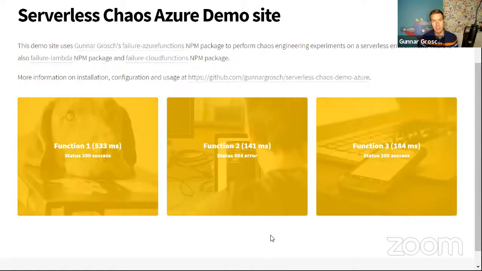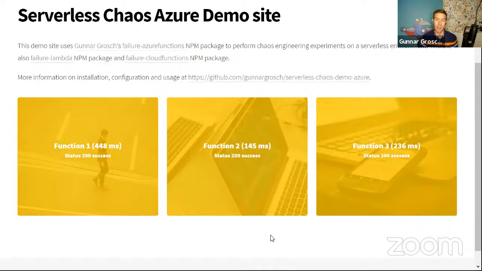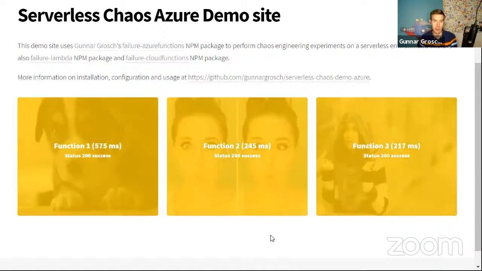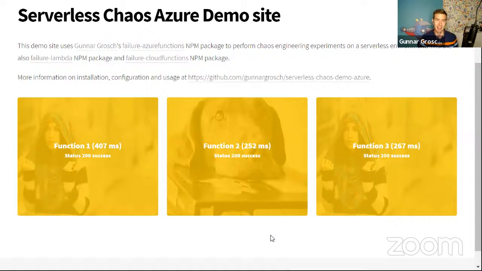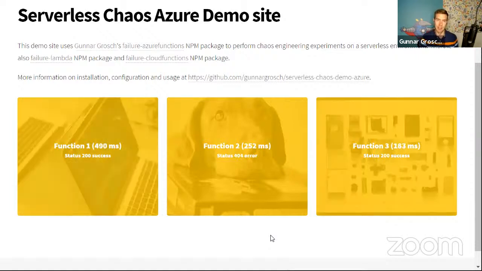So by doing this, we're able to test how our front end handles these types of errors. So we can then start working on how to improve. We don't want users to see that there is an issue. Perhaps we can use graceful degradation, or we can count the number of errors per minute, for instance, and find ways to resolve it in good ways based on that.